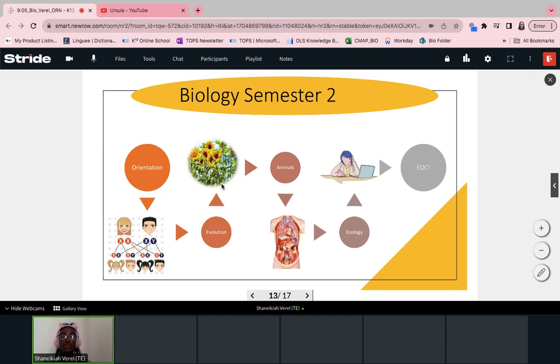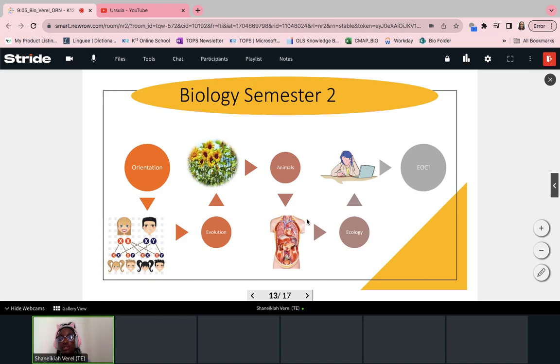After that, what picture do we have here? Yeah, sunflowers. Are we just studying sunflowers? Might be nice, but no, we're studying plants, okay? The whole huge diverse world of photosynthesizing organisms called plants. And then we will study animals, which of course we belong to that group. We'll get even more specific though. After animals, what do you think we're studying? Yeah, exactly, us. This is the organ block of a human being.